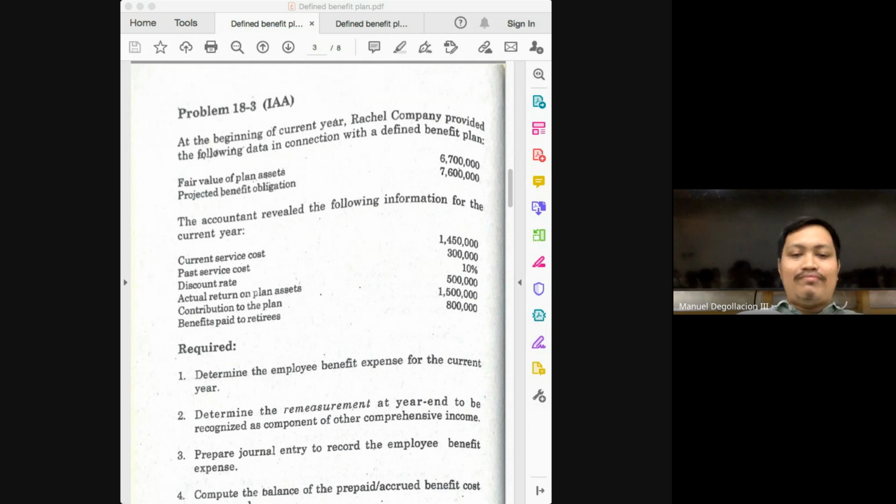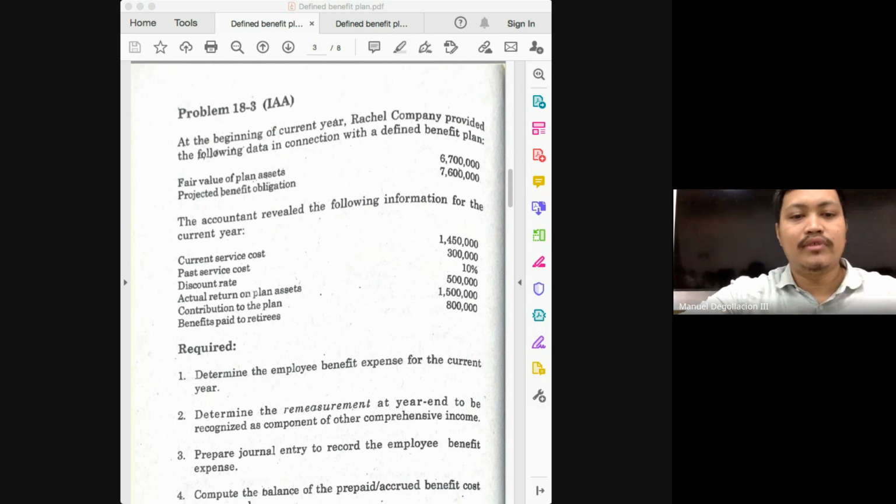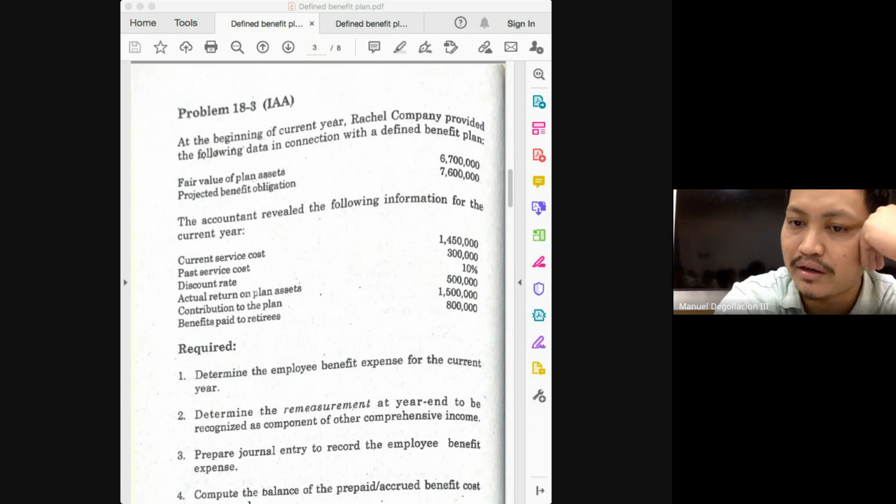What do we call this one? A gain or a loss? Which one is greater, the actual or the interest income based on the discount rate? Interest income. If that's the case, then your actual return was short. So on your end, that will be a loss. If actual return is lower, that's a loss. If actual return is greater, then that's an extra gain on your part. How much was the difference again? 170. So we will have a remeasurement loss of 170. We do not have any asset ceiling. We do not have remeasurements from your PBO. So we will only have the 170.